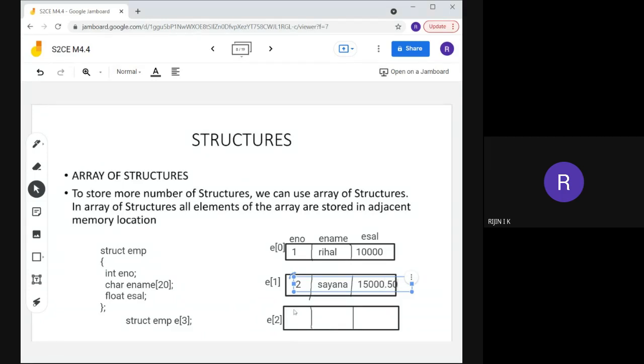Then for employee 3, the employee number is 3, name is Sita, then salary is, say,